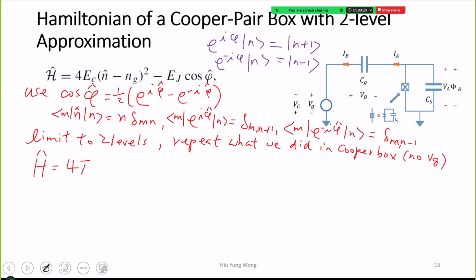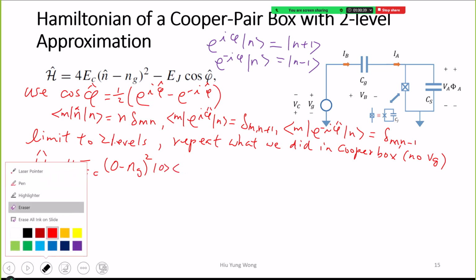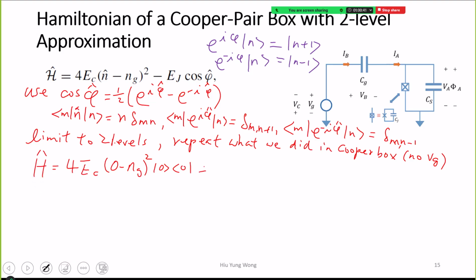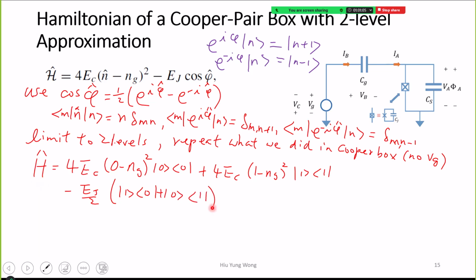You're going to have 4 EC, 0 minus ng squared, |0><0|, plus 4 EC, 1 minus ng squared, |1><1|, minus EJ over 2, |1><0|, plus |0><1|. If you go through the math, you will get this,